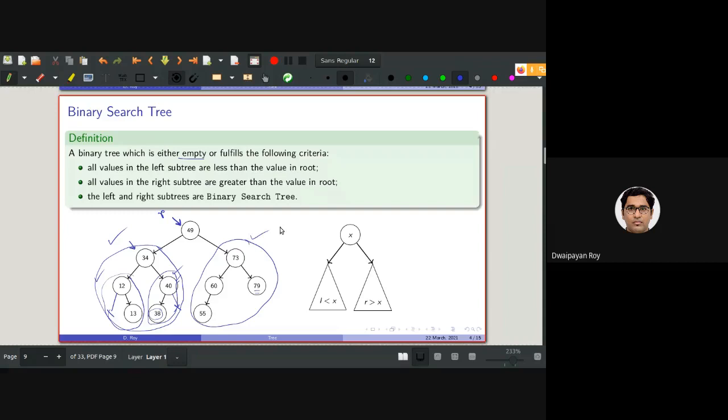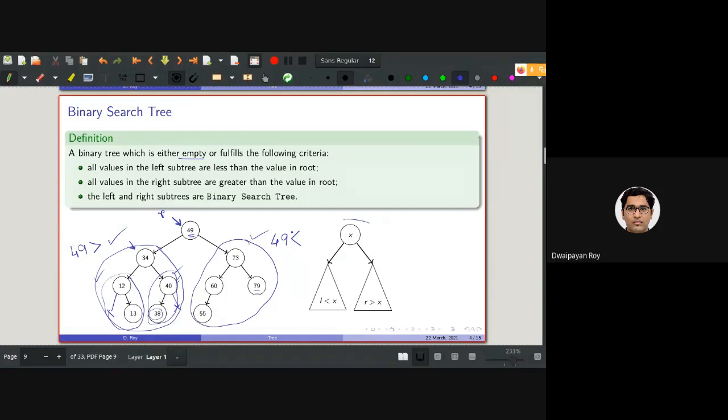So this is again a binary search tree. And for the whole tree, 49 is in the root. All the nodes in the left subtree are less than 49, and all the nodes in the right subtree are greater than 49.